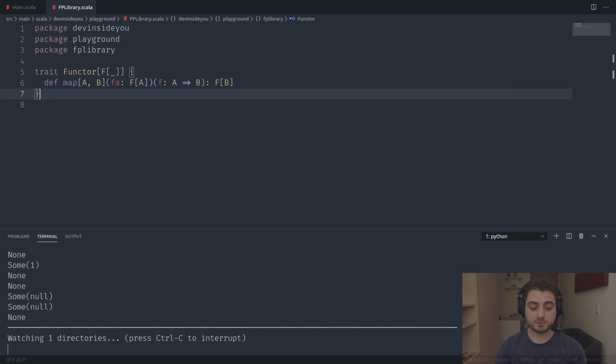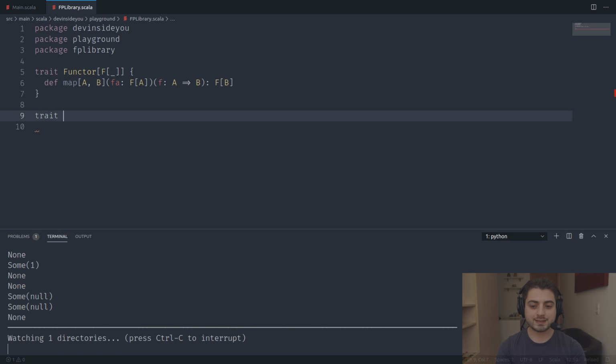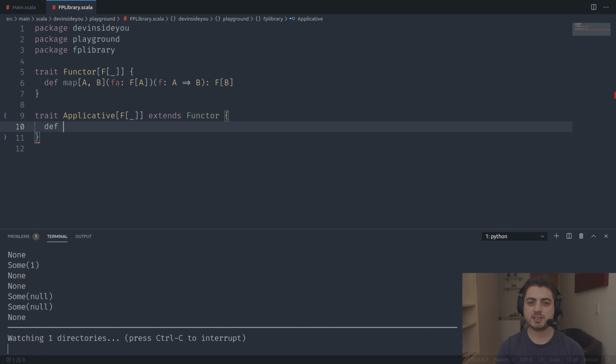So I introduced the functor because I really wanted to talk about applicative, and we're going to talk about applicatives more in depth in the next video. But it's actually kind of important for this one, which is why I'm doing it. Okay, so an applicative is a functor, right? So it extends the functor, so it also has the map function, and it adds a very simple function, which is sort of like